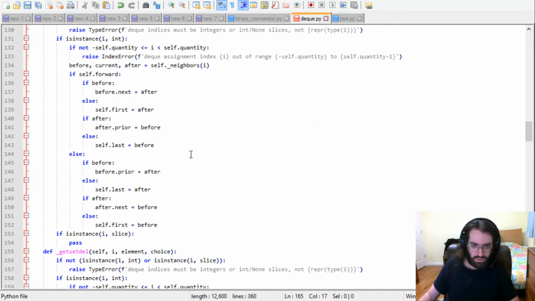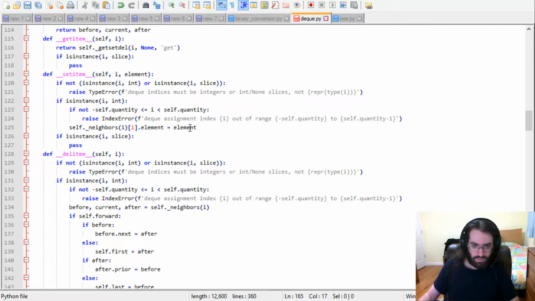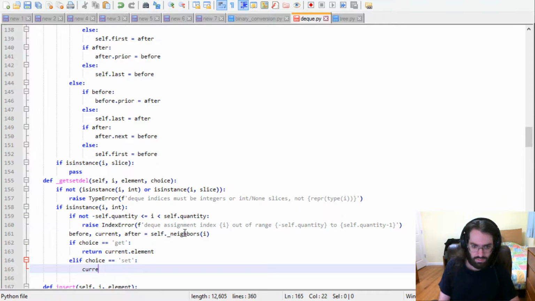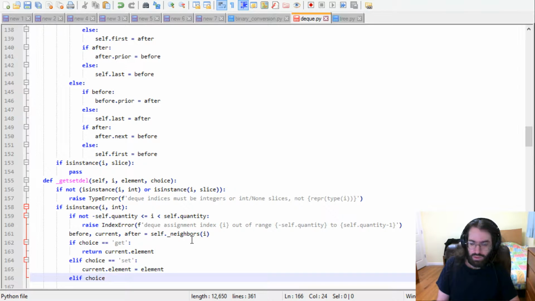If the choice is set, then current.element equals element. I could have an else here, because it's not going to be called with anything other than get, set, or delete, but